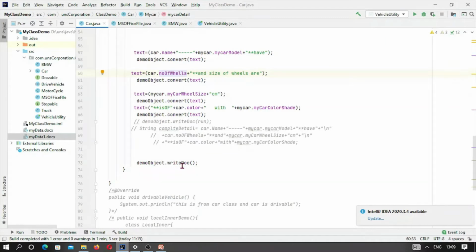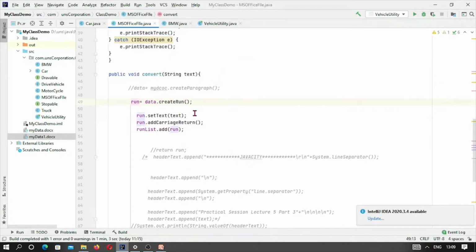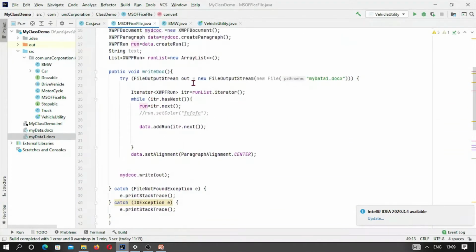Now we are calling the method for writing this, you may say this one is writing the doc. This will simply create an output stream, and simply it will do my doc dot write out. And now the file which we are calling, let me give the name.